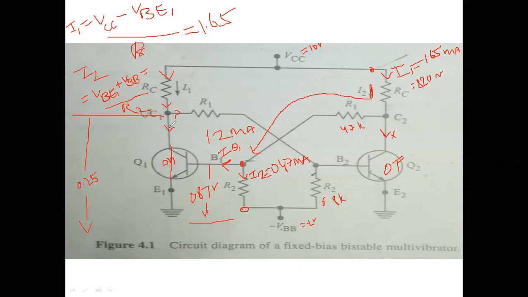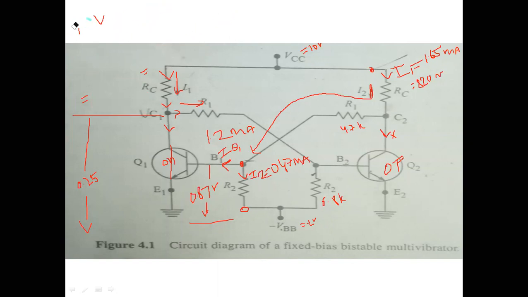In order to get this current, we have to find out this current. Assume this is I3. You can consider I3 up to this point only. Up to this point, this is I3. At this point the voltage is VCE sat. At this node we may have the VCE sat.